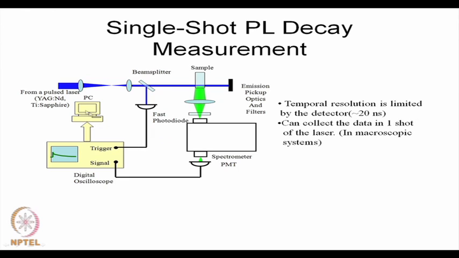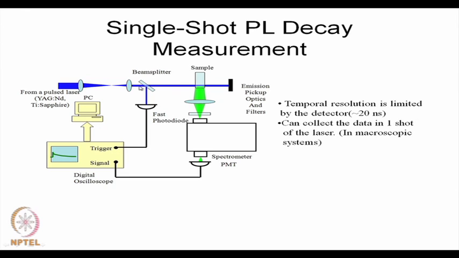Here you use a pulsed laser, that is an Nd:YAG laser, or maybe a titanium sapphire laser. Okay. So then you collimate it, then with the help of a beam splitter you have a fast photodiode which triggers your digital oscilloscope,